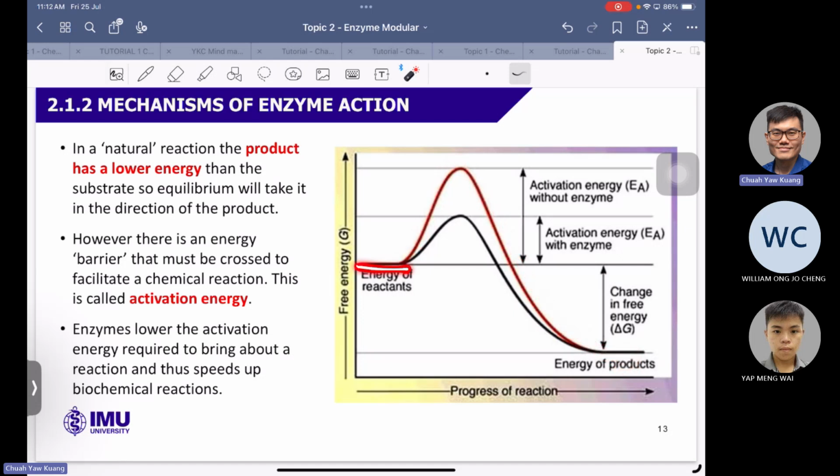That means when the reactants hit each other, they need to reach a certain level of energy, or higher, and only then can they become the product. So that's the energy barrier, and we call this energy barrier the activation energy. All the reactant molecules are basically moving randomly. So when they hit each other, let's say 100% of the molecules,